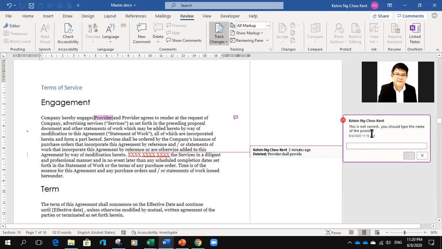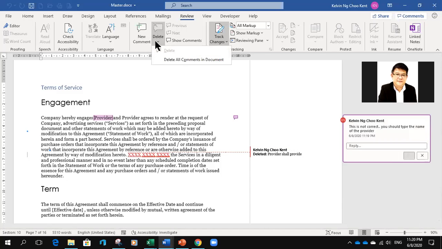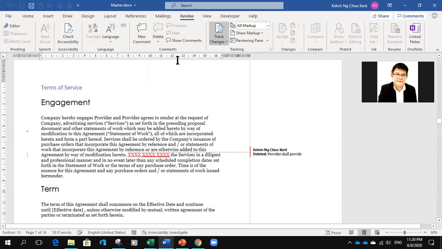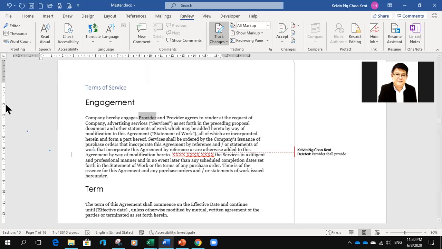Once this has been resolved, you can delete the comments. You come here to delete whatever comments are available. Usually what I would advise, when you have gone through so many rounds of revision here and there, is that you make sure you save this document, then delete all the comments, then save as another copy. Accept all the changes.